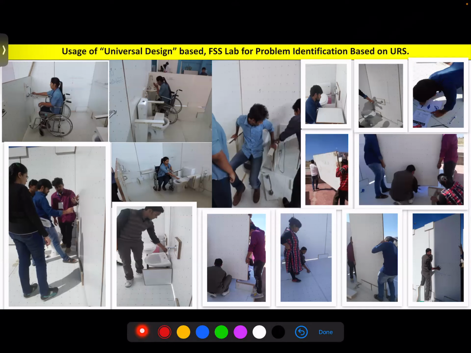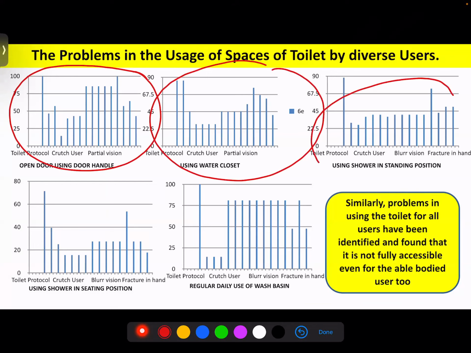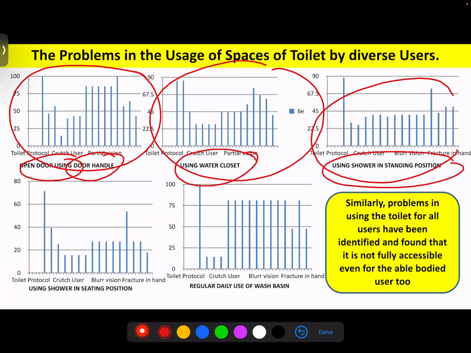So I utilize this as my tool, and the usability rating scale has been evaluated with the help of lots of students, and the table has been formed. Surprisingly, when I plotted all these outcomes, we found that none of the areas, that is using the door handle and the entry door, using water closets, using the shower in standing position, using the shower in seating position, regular daily usage of the wash basin, in all of them, it was